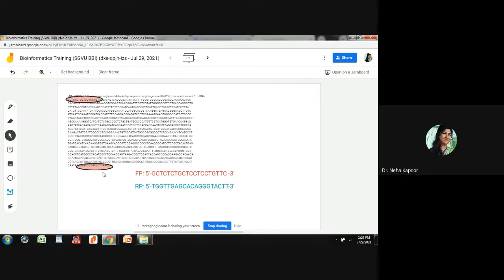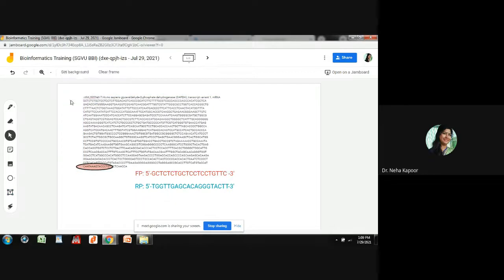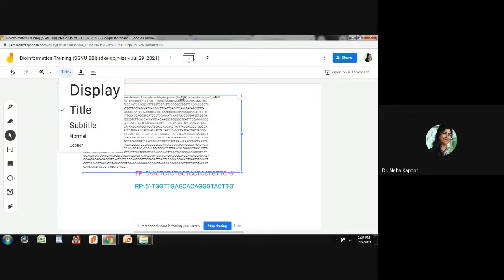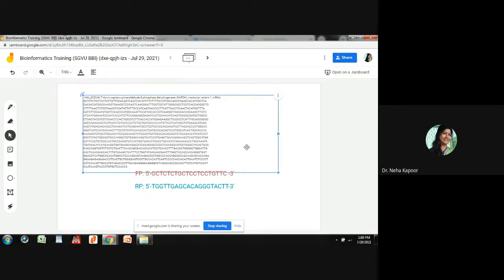Now I shall delete these two circles so that we can see it clearly. In this, you can see what is written: TTC. Now you have to see whether this TTC is complementary over here or not.